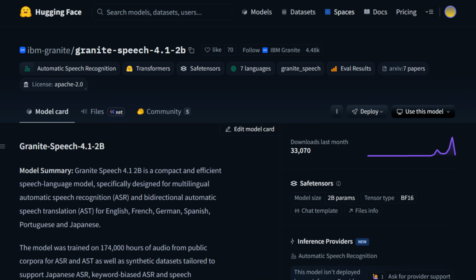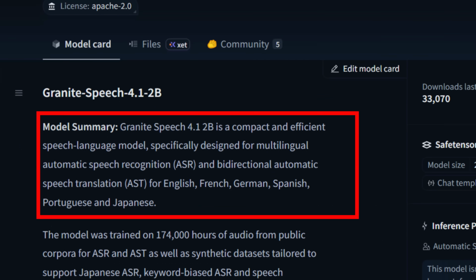Now, this model is multilingual, but it's only supporting 7 languages. So you've got English, French, German, Spanish, Portuguese, Japanese for transcription. On top of that, it does bidirectional speech translation. So you can actually go from any of those languages into English and from English out to a number of languages as well. The model itself can handle punctuation and true casing, and it also has the ability to do